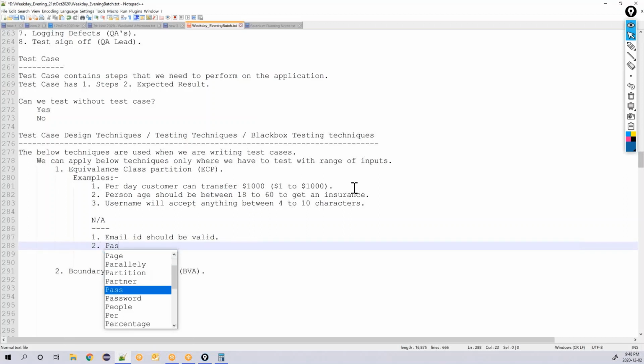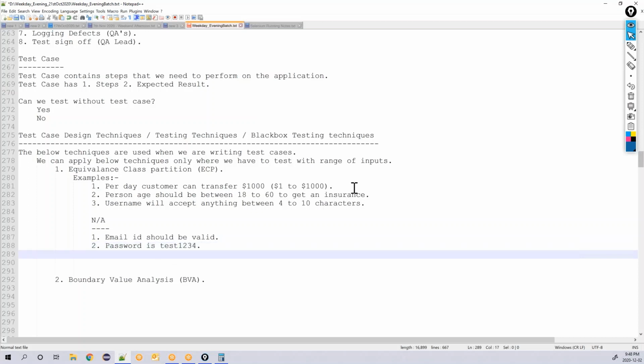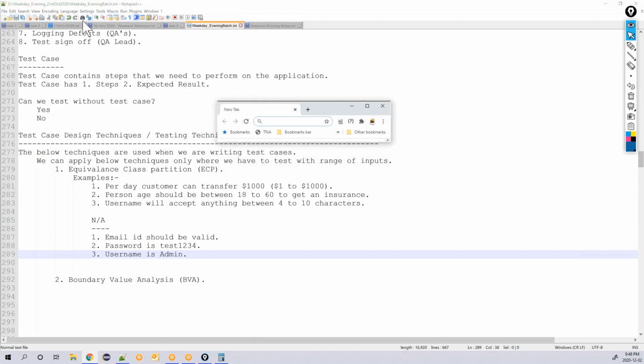Second is, password is test1234. You can't apply. Third, username is admin. You can't apply equivalence class partition. Example is this.